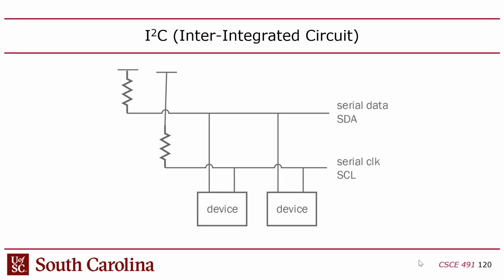Now, both of these signals are open drain, meaning that they both require a pull-up resistor. Again, it's unclear who's responsible for this resistor. It could be external or internal. Okay, and then all of the devices you want to put on that bus are connected to both wires, right? And the idea is that